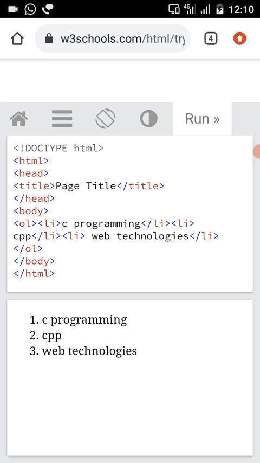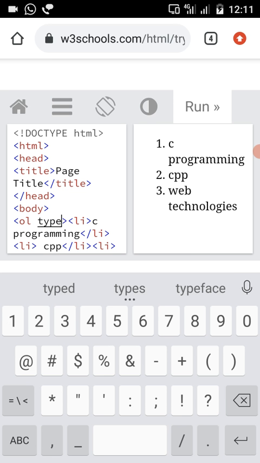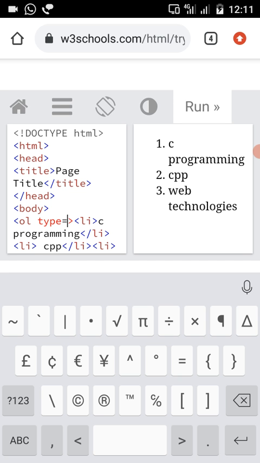If you want to change the numbers in front of your list, you can use an attribute called type. The type attribute takes values like numerals, letters or numbers.